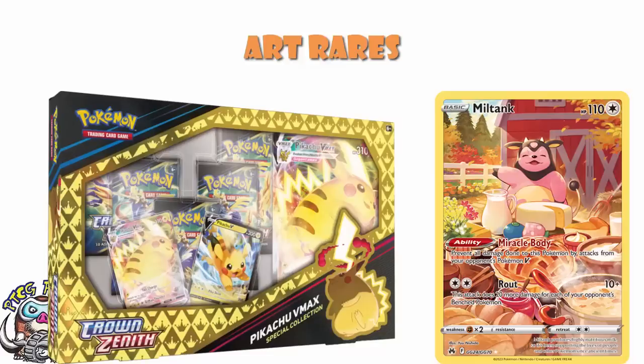Now, I don't know, I've not opened any Crown Zenith. And there you go, Pikachu VMAX Special Collection, that's what it's called. I would expect to get at least one in that box. They're generally, going by previous sets, you're talking roughly 1 in 4. Let's be perfectly clear, that is a ballpark figure based on previous sets, not based on any data from Crown Zenith itself. But I know that was one of my first questions, and I don't have an answer for you,